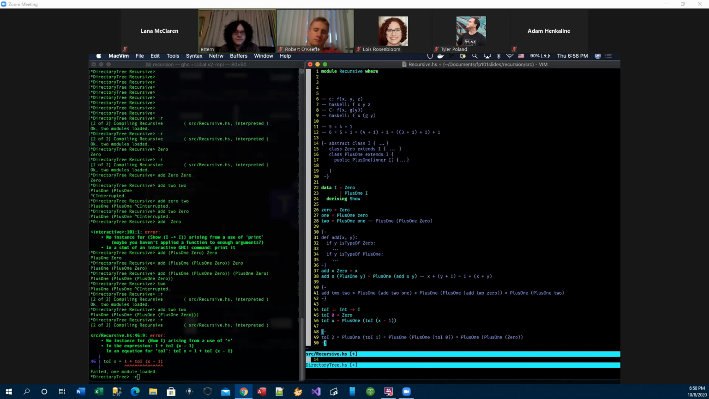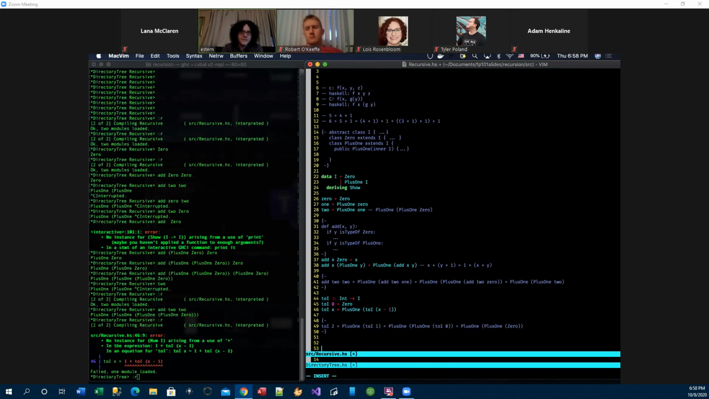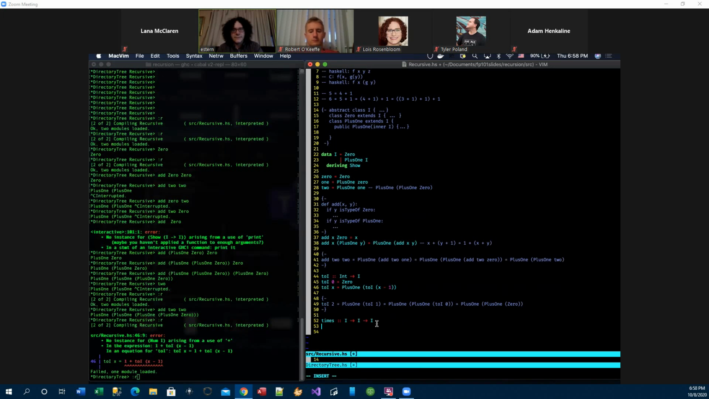So let's do something like multiplication. So we have times. This is going to be a function that takes in 2 of our i's and returns an I. And this is the funny syntax in Haskell for writing that, for some reasons that I won't really get into. So if we have times x y,